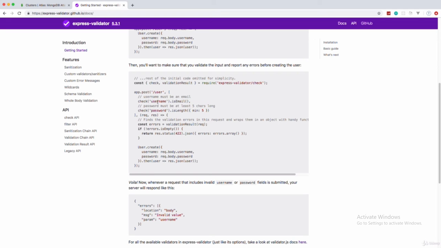You can copy paste or write it manually. This is the message you want to show. If the length is not 5 or the email is not present or it is blank or anything you want to do, apply that kind of validation. If there is an error, it will throw an error using errors.array. Okay, it will show just like this.